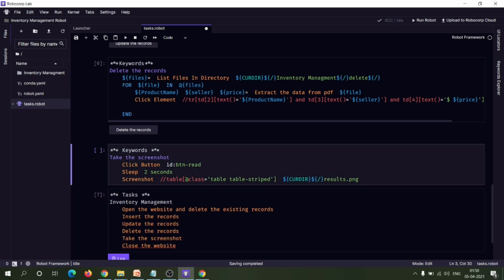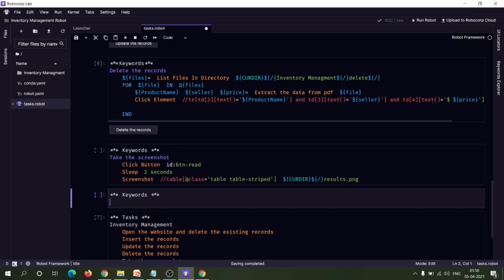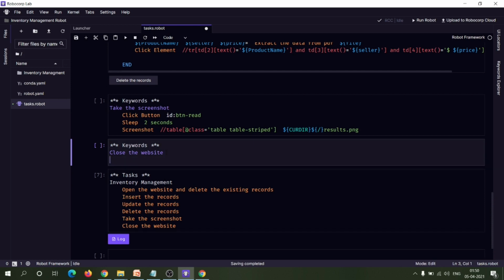For that we can use the close browser keyword, which is coming under the rpa.browser library. Under this, we can specify the close browser keyword, which will help to close the current browser window. We had defined that here.